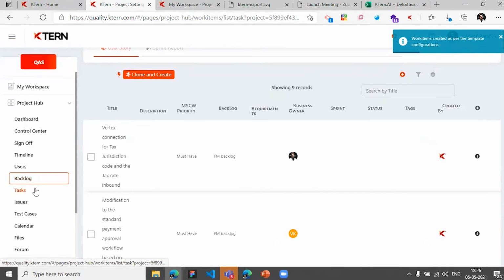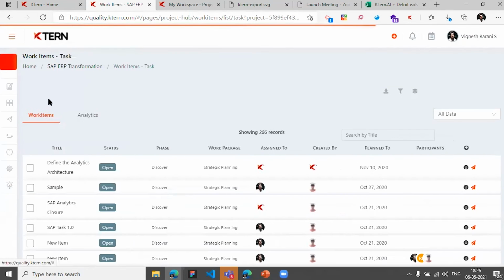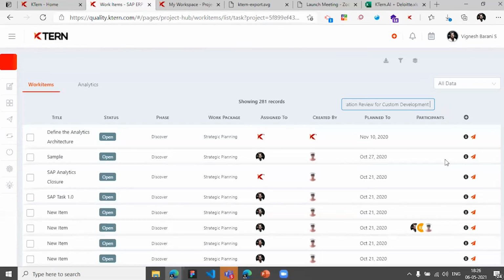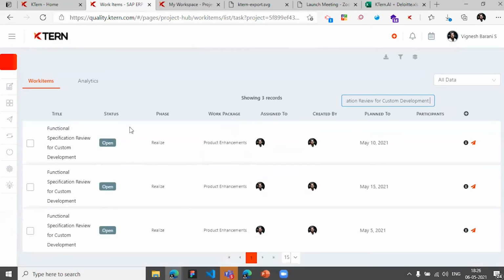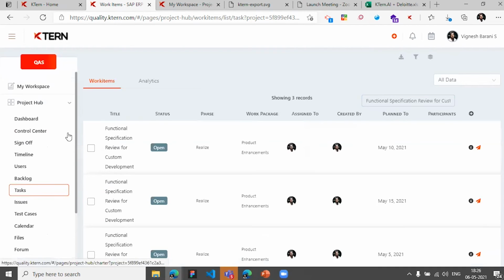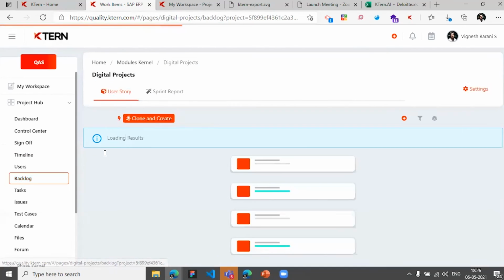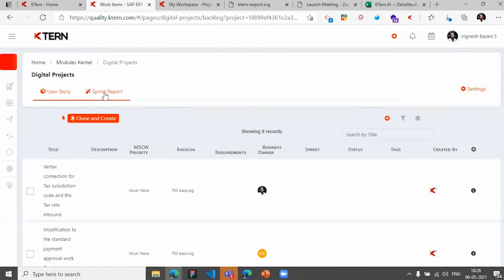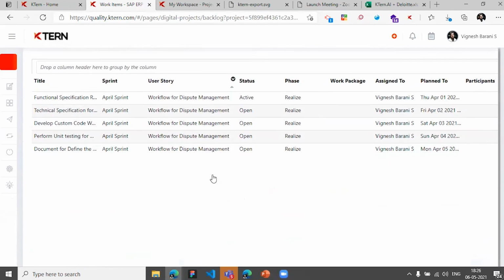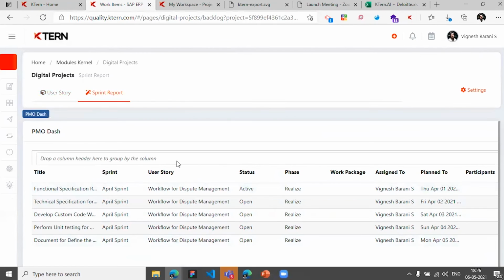Let me go to my tasks. Let me search for the task which I just created now. So for this particular object, I got the task created. And now the user stories are converted into tasks for a given sprint. And I can go to my sprint backlog and go to sprint reporting, where I'll be able to modify or look into